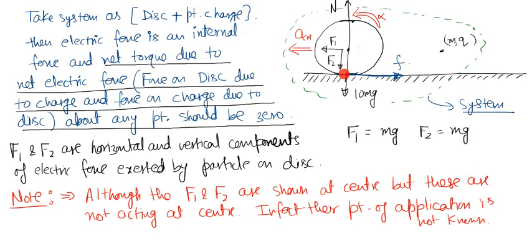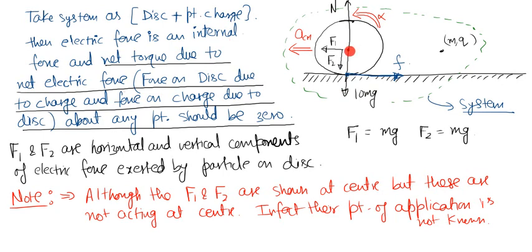So this is the main important concept which we will use to solve this problem. Here, what I have done is I have tried to list all the forces which are acting on the disk. As you can see, the 10 mg force is the force of gravity, which Earth is exerting on this disk, and its point of application is known, which is the center of this disk.